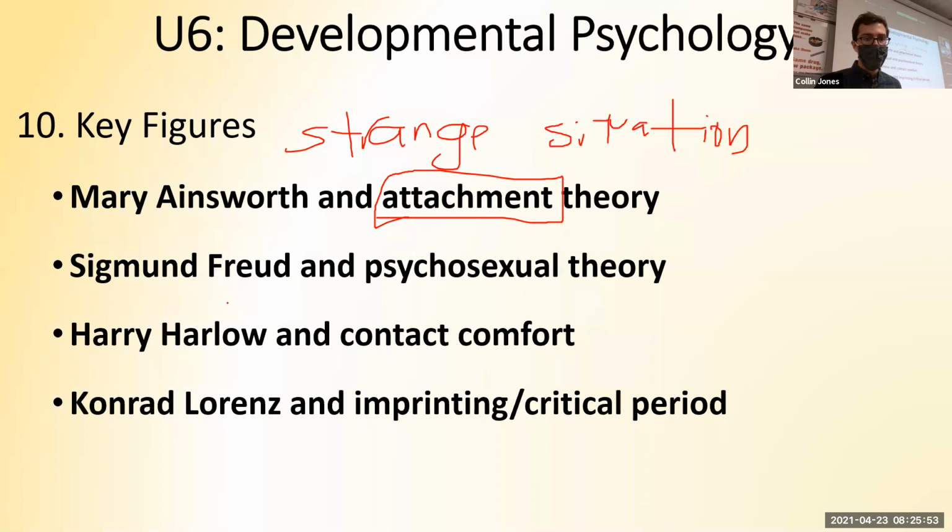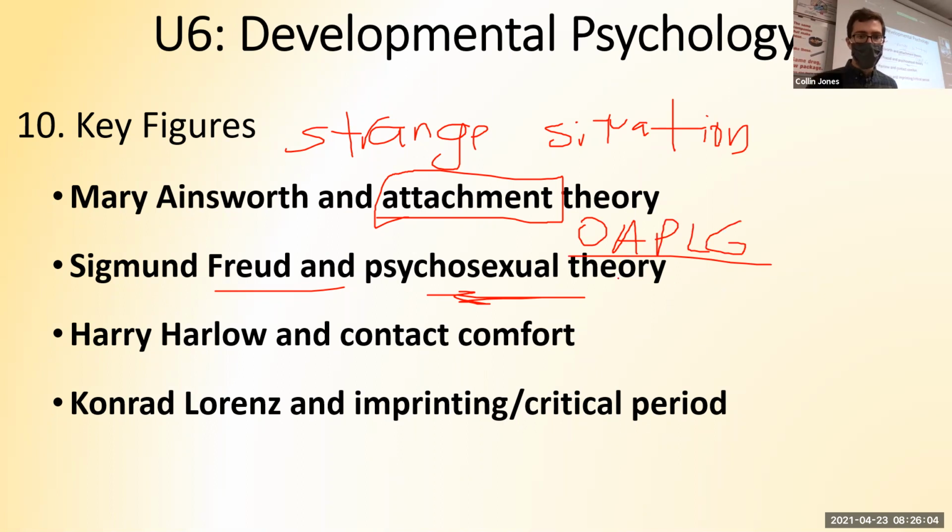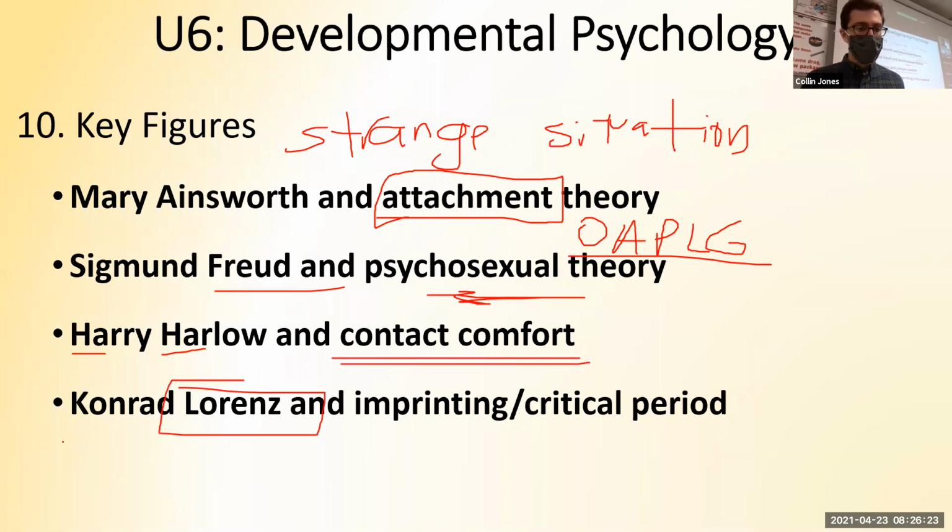That's Ainsworth's theory. Freud, we talked about his theory of how kids' personality actually comes from the stages they go through: oral, anal, phallic, latent, and genital. Owls always play late games. We talked about Harry Harlow. I say Harry Harlow hated happiness. He studied those poor little monkeys that he isolated, took them away from their mom, and had them be raised by a wire mother and a cloth mother. And he found that the cloth mom is what really led to their well-being and development. We talked about Conrad Lorenz. He's the guy who raised the baby geese, the baby goslings, and found that they latch on to the first person they see.